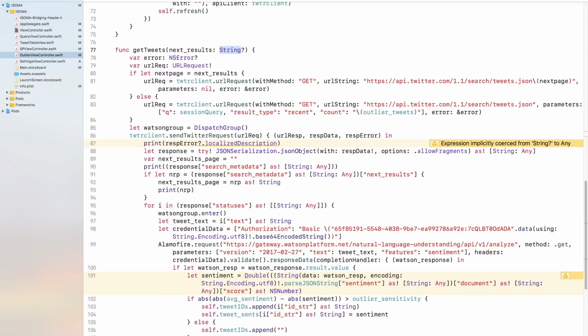However, if getTweets is calling itself to get a next page of results, that's when it's actually going to fill out that variable. Now, of course, this is mostly the same content as last time, but I'll go through a little bit of it just so you get a good idea. Of course, I do declare an error and a new URL request, and I check, is next results nil? If it is not, then I set its value into next page, which of course is done through an if-let